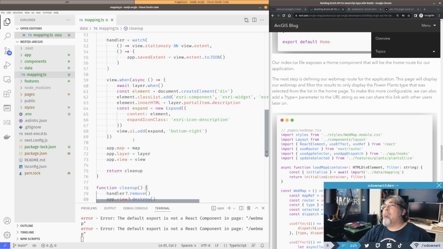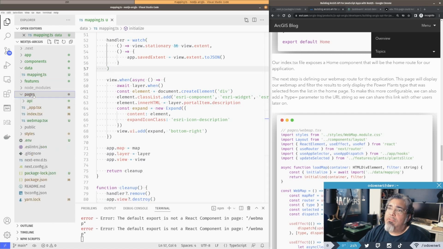Okay, so that's the mapping module. This is my very thin API layer I use in pretty much all of my applications, regardless if it's React or Solid or Vue, whatever. It doesn't matter. I use something like this every time I do it. So now let's come back to our